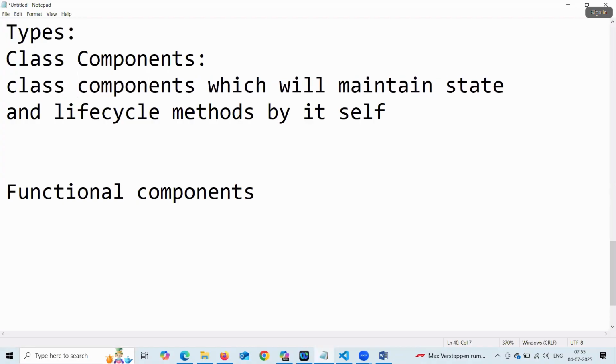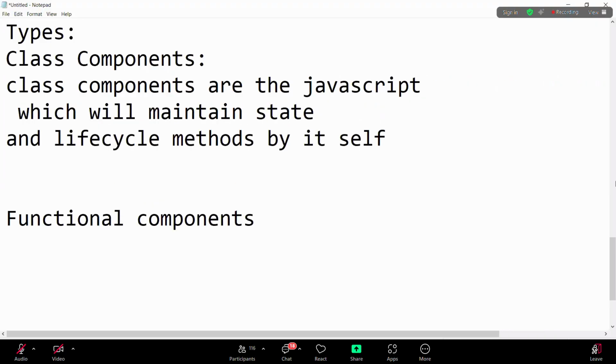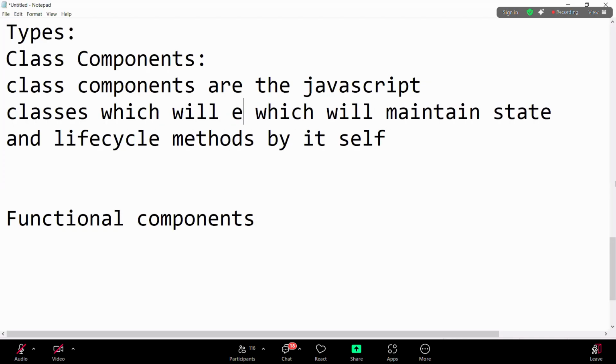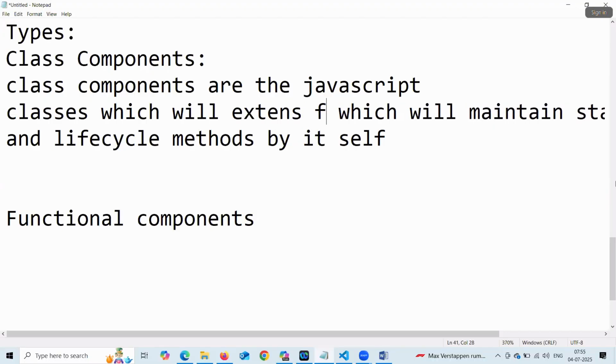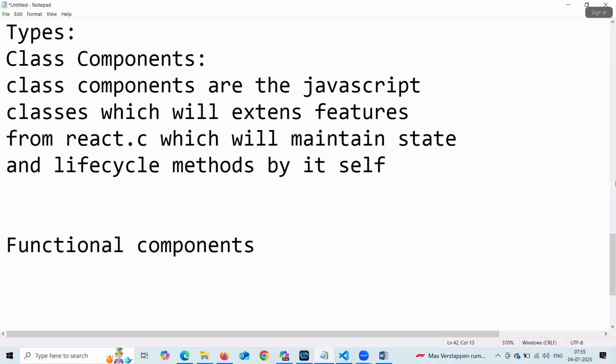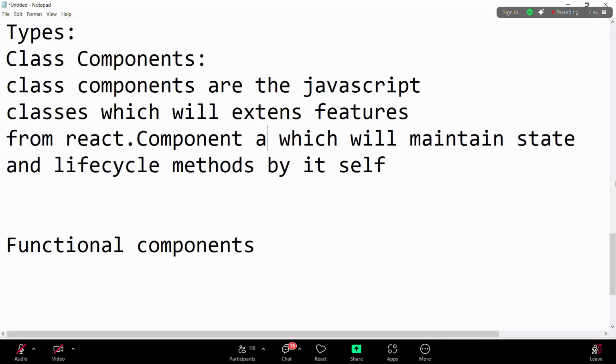So class components are the JavaScript classes which will extend features from React.Component, and it will maintain